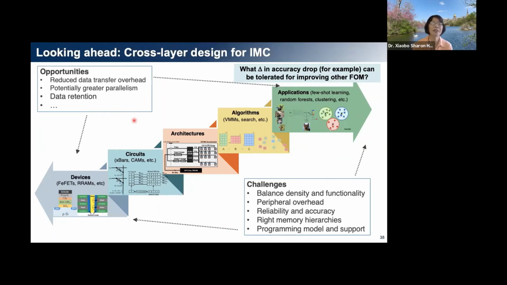How do you balance the density and functionality? How do you make sure the peripheral overhead is not overwhelming the memory array itself? What is the right memory hierarchy? I didn't go into the details of how we organize all these CAM arrays so that they can support really large